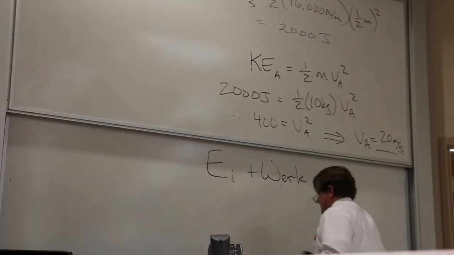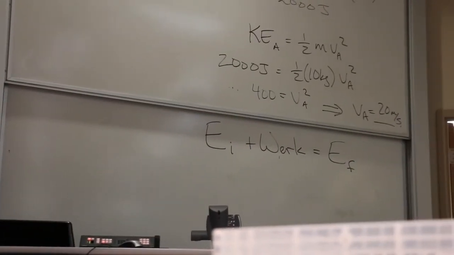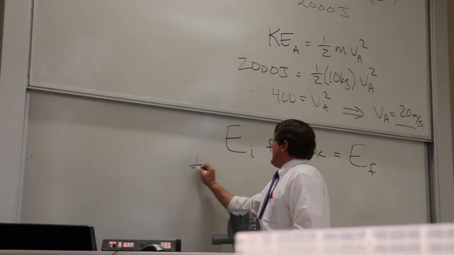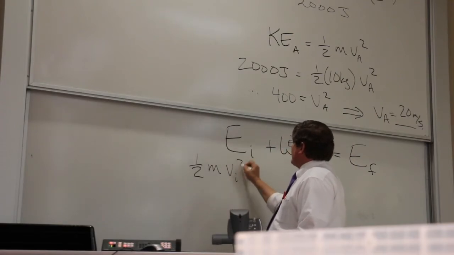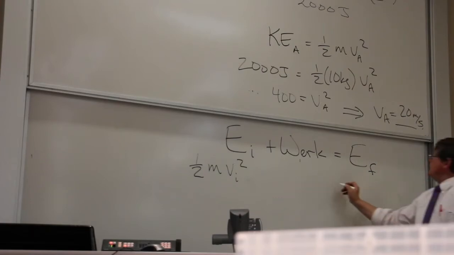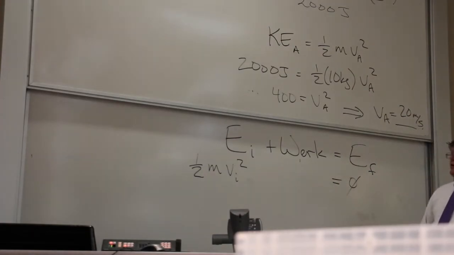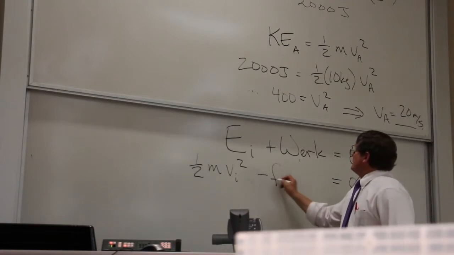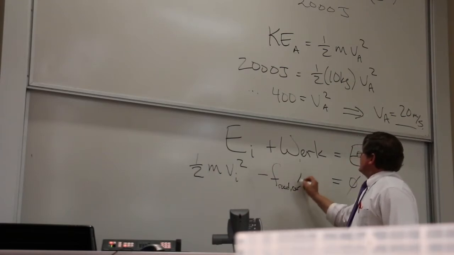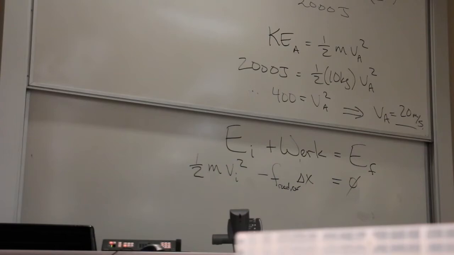It's the same problem. I'm going to start the same place. My initial energy before we slam the brakes is kinetic, 1/2 m v initial squared. My final energy after I come to a halt is 0. And those are not the same because there's friction done. This is by the road, on the car, over a distance. And it's negative there because the friction's acting opposite the motion. Now,